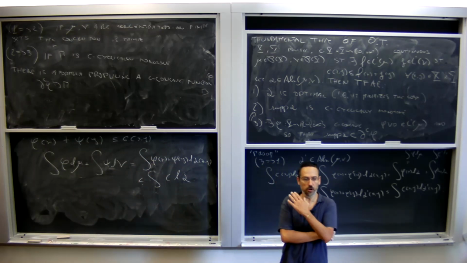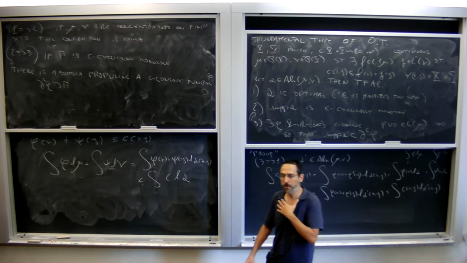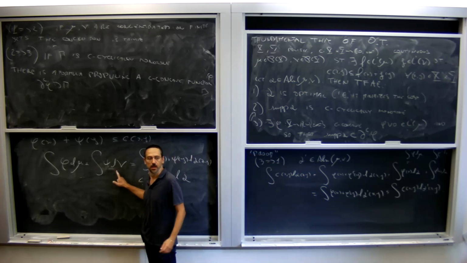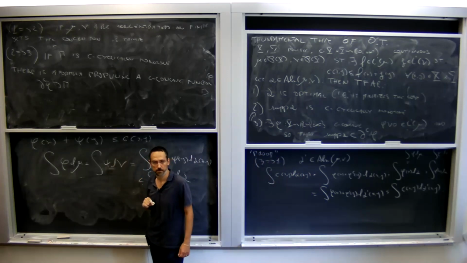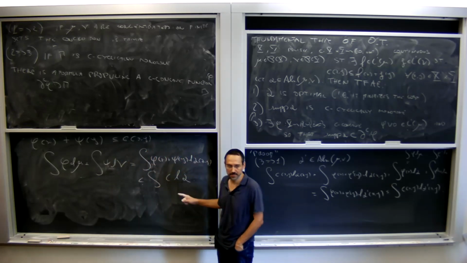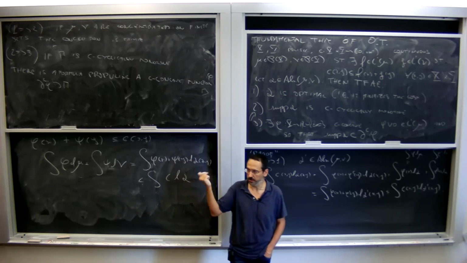And so you have the problem of transporting. My problem is to maximize this subject to this constraint. So that's the dual problem of transport. And what this inequality is telling us is that the sup of the dual is always less or equal than the inf of the primal problem.